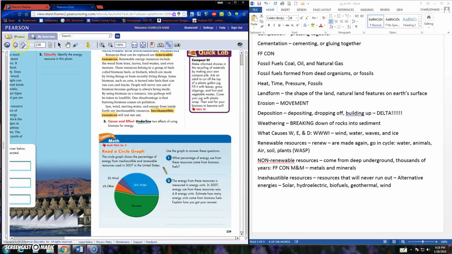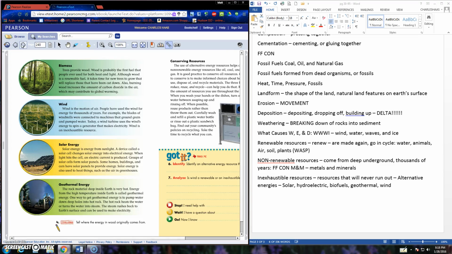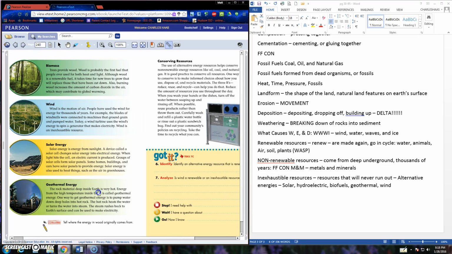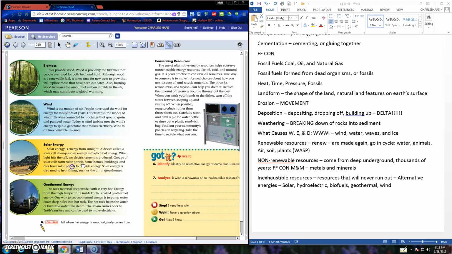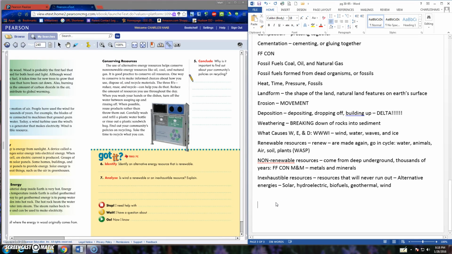Let's see what the next page is. 240. Biomass, wind, solar, geothermal. So if you want to read some more right there, you should know those really good. Conserving resources. There's a great topic we need to make sure we know. Conservation. To use less